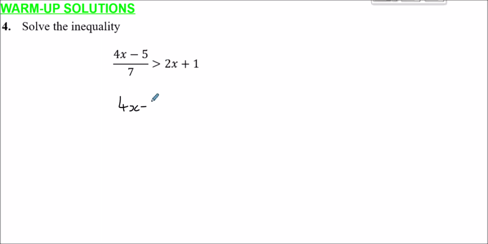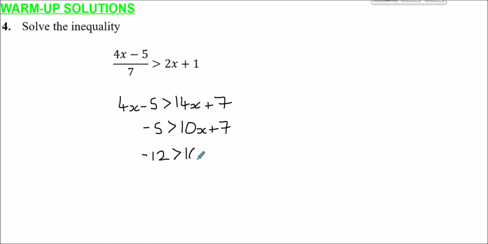That gives us that 4x minus 5 is greater than 14x plus 7. If we subtract 4x from both sides, we get minus 5 is greater than 10x plus 7. And subtracting 7 from both sides, we get minus 12 is greater than 10x. And if we divide through by 10, we see that x must be less than minus